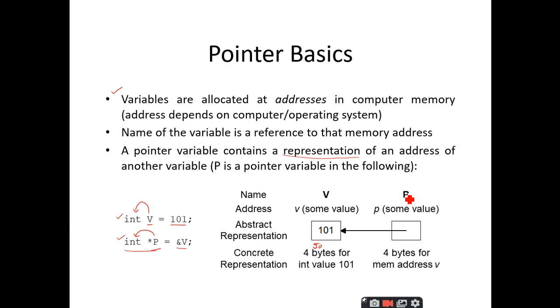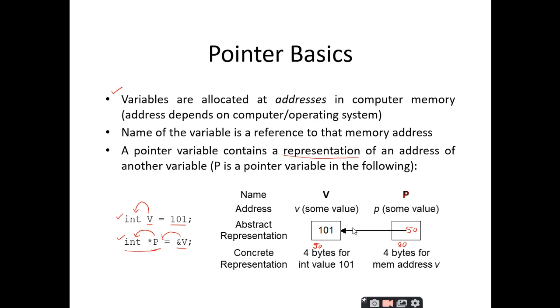So the memory is allocated like this, and for that memory I am naming it p, which is a pointer variable. Let us assume that this is created at 80. The base address of this p is 80. So when I assign the address of v to p, the base address of v, which is 50, is stored inside this p. When I store 50 inside this p, I make the pointer point to the actual location of v.